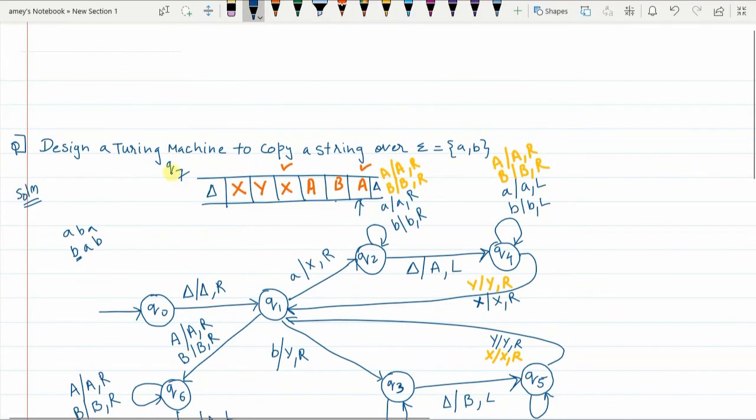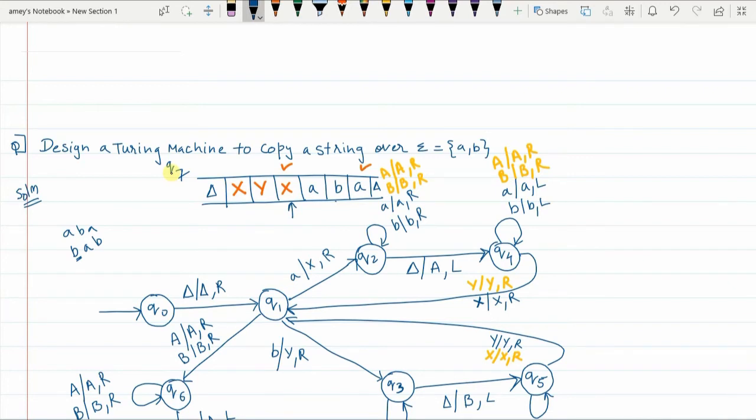Okay, so let us do it in Q7. First, you encounter what? Capital A. So capital A, I will now replace it with small a and the pointer moves one place to the left here. Then in Q7 capital B is encountered, so I will replace it with small b and the pointer moves to the left. Capital A, replace it with small a, pointer moves to the left. So you have already got your string ABA, the pasted one.